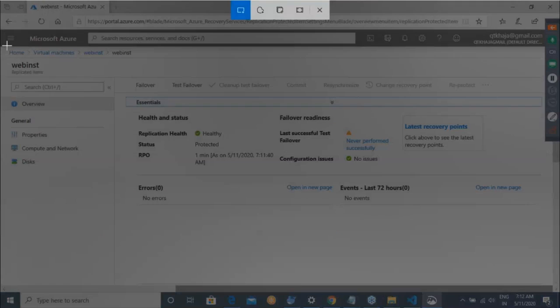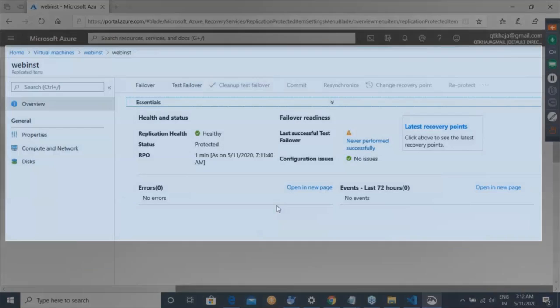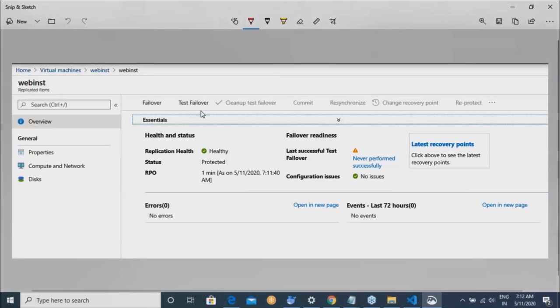Once your replication is set up, you will have these options, and I will be basically doing a test failover first.